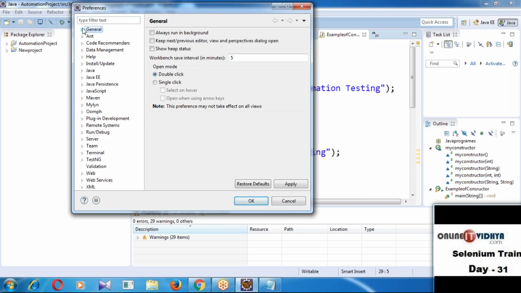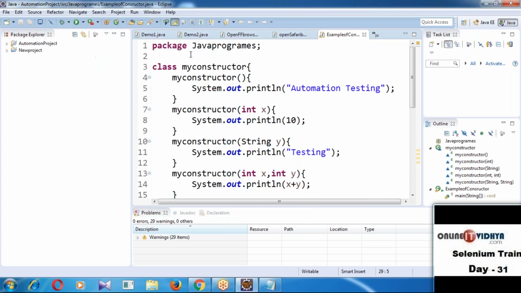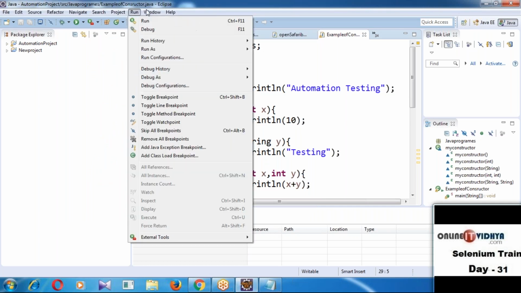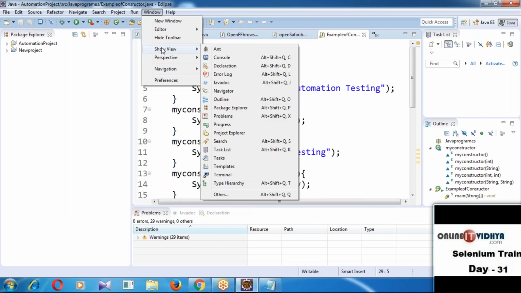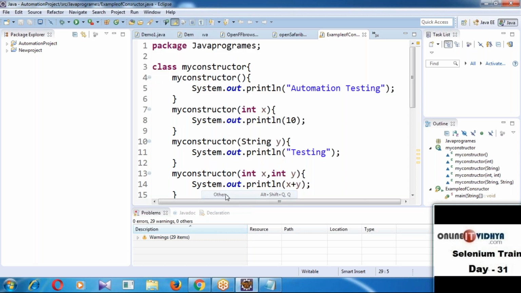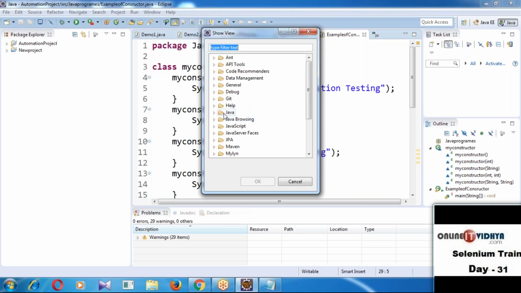Do one thing, from Window you can directly go to Show View, Other. Here you can open the Java folder. Are you able to see TestNG? So that means test